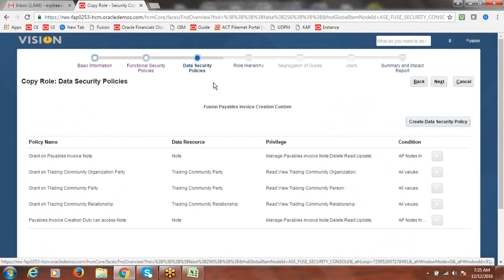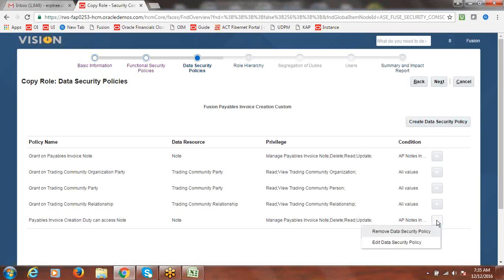Here are the data security policies, which are all about privileges. You can add some additional privileges. It's all about what kind of access we require, that you can see here. I'm not going to change anything. I'm going to accept whatever we have from the seeded role, the same we copied, and use it.